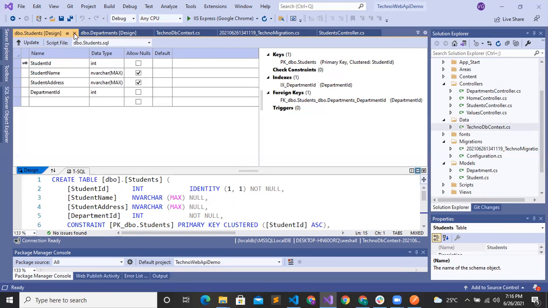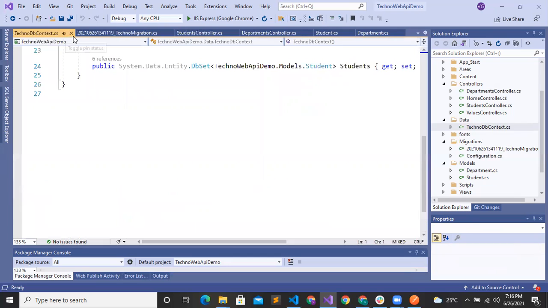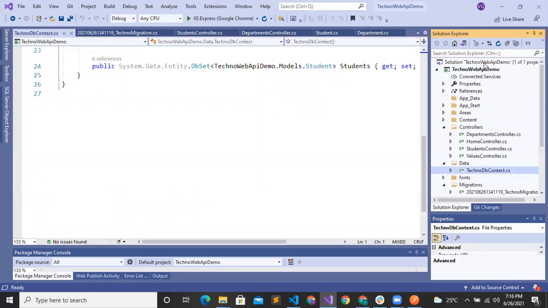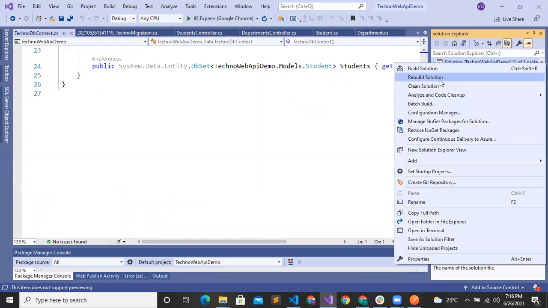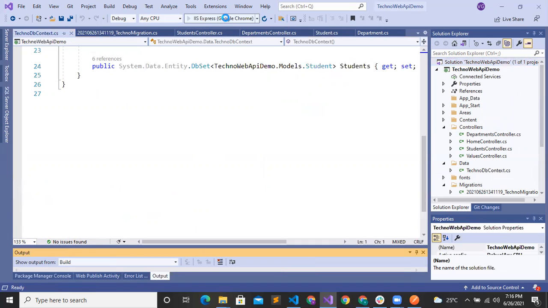So we have successfully generated our database. Now we will check from Postman. Before that, we have to start our application. So before starting, we have to rebuild our solution and run the application using IIS Express.